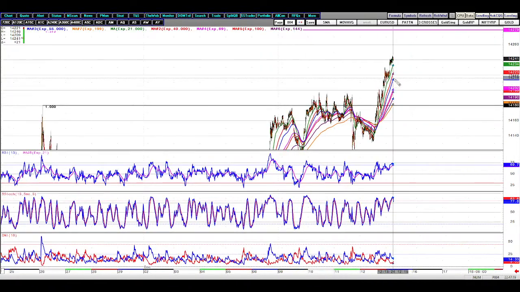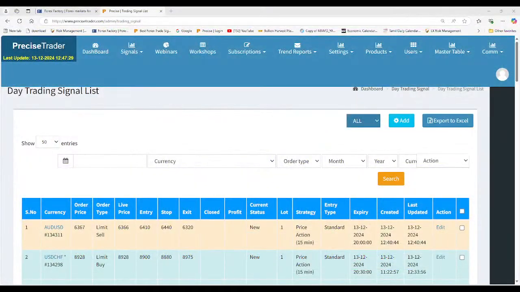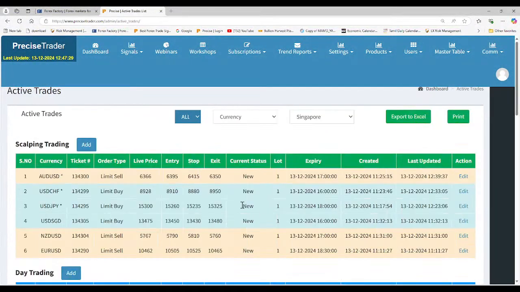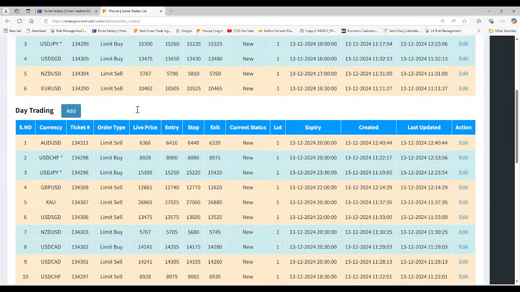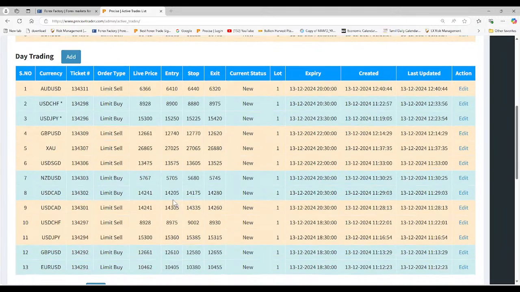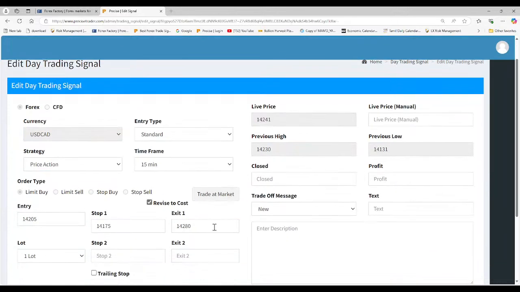So now if you look at your 15-minute RSI, I think we may get a pullback. So let me see. I want to buy at 142.20. We have given a buy order at 142.05 and 142.80. And remember, this is a mega force pointing up. So if that's the case, I want to